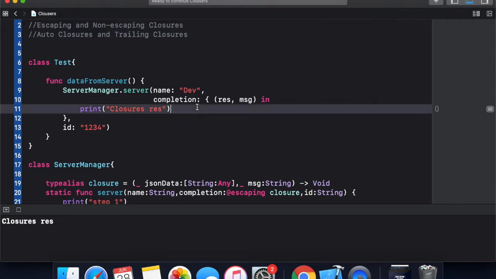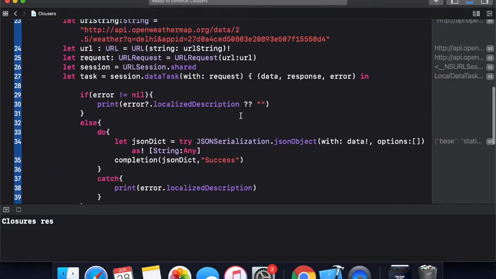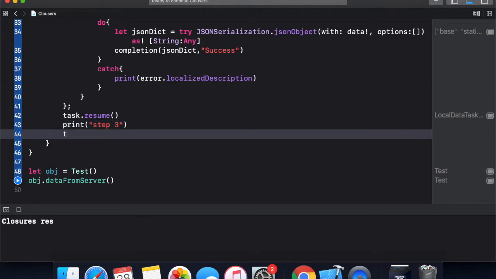So I print step 2, and then I print step 3, and I want to return from the function over here.